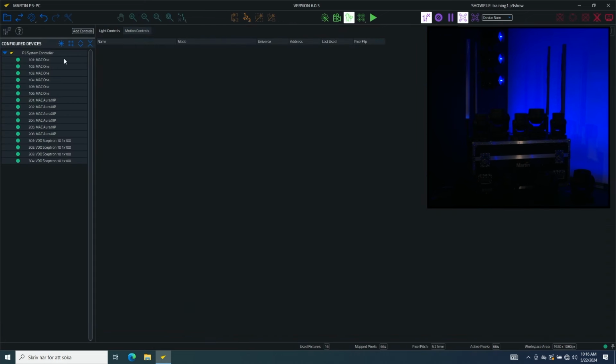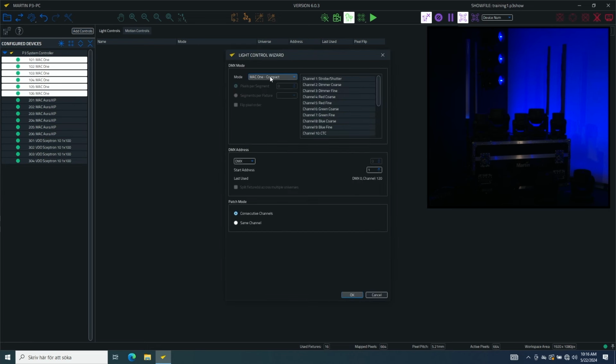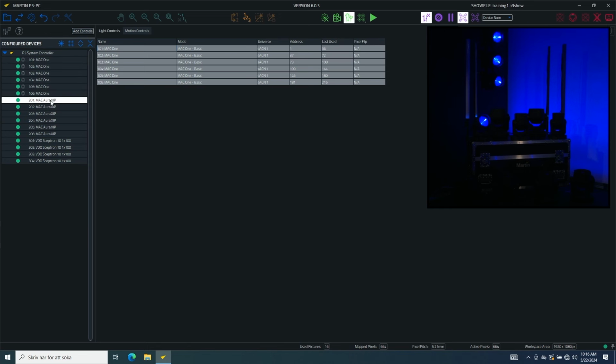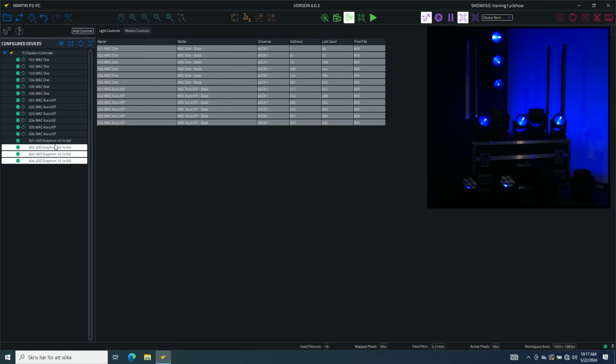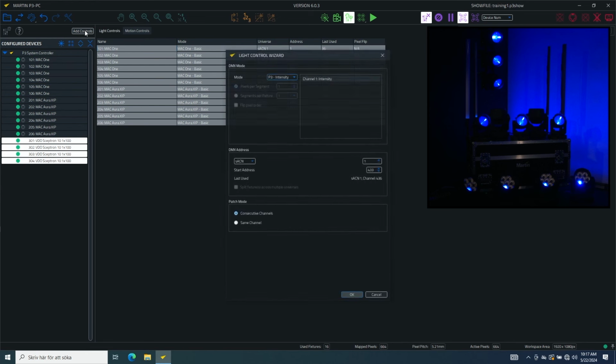So then we can patch the fixtures by selecting the fixtures, add controls, make ones in basic mode on sACN 1.1, continue like that. Next fixtures in chain, which is the Aura XIPs, you also see them come alive because I've already patched them on the console. If I select my Aura XIP, continue because the address is already chosen, and then I will do my Sceptrons,